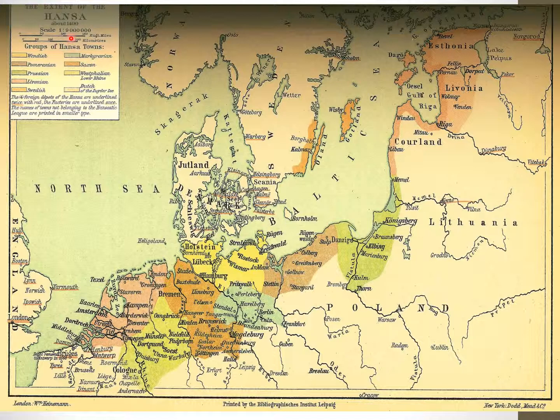Well, I'm trying to think of a relative basis on a standard computer screen, but is that a little over an inch or something? But you can see here that these are hundreds and hundreds of miles from the extreme east end, where they have warehousing in Novgorod, the Republic of Novgorod in what's now Russia, and the extreme west end here, where they have warehousing in London. And it's this roughly east-west or northeast to southwest axis here between London and Novgorod on which they operate.